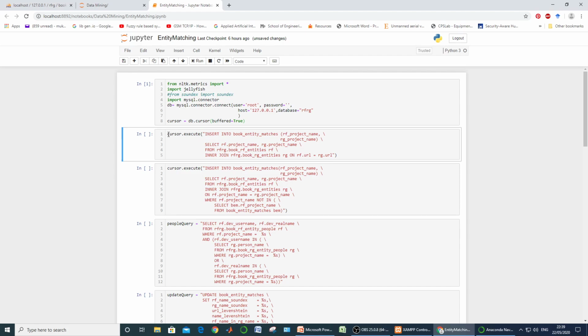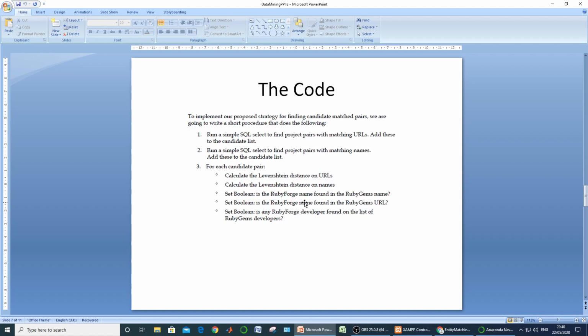Now look at this statement. This statement is for performing the first of the two steps. The overall logic of the program was first to match the two projects with the same URLs, and then to go for the same names.